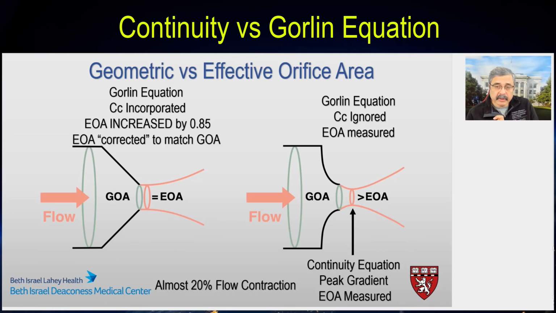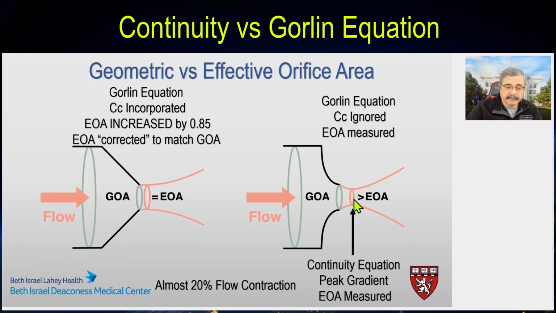So since continuity equation measures the highest gradient, which is between the LVOT and the point of the vena contracta, when we use the continuity equation, we measure the effective orifice area, that is, the orifice area of the vena contracta. When we are using Gorlin's equation, and we ignore the contraction coefficient, and we assume that the effective orifice area is equal to the geometric orifice area, and do not assume any flow contraction to happen at all,